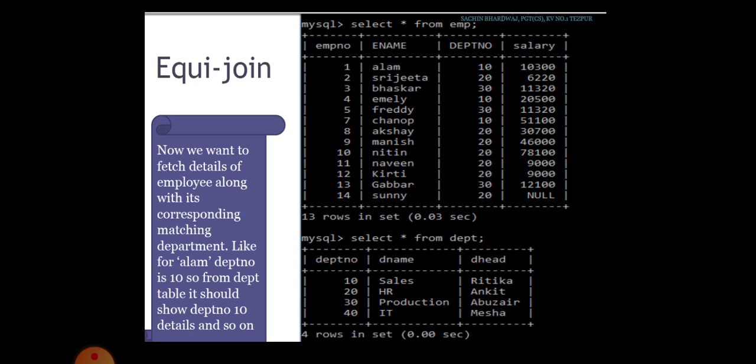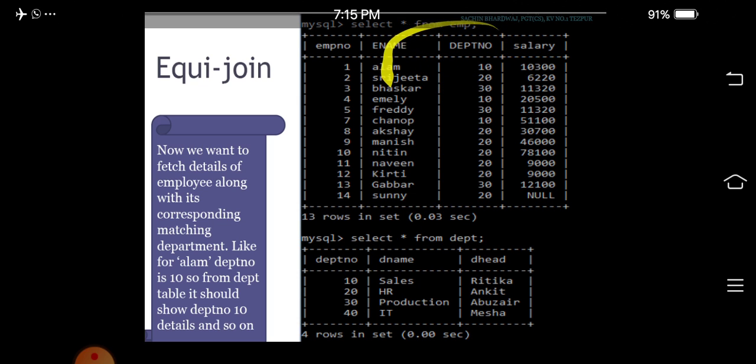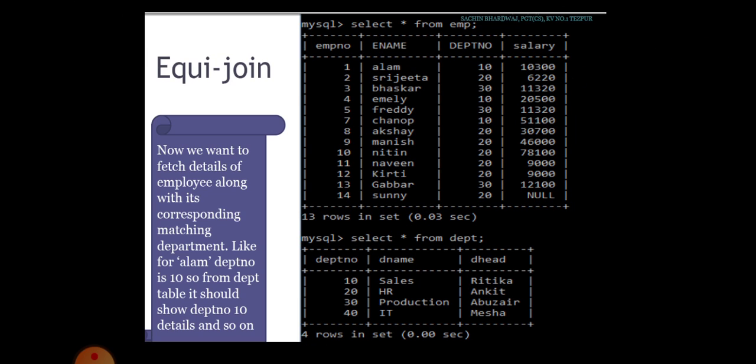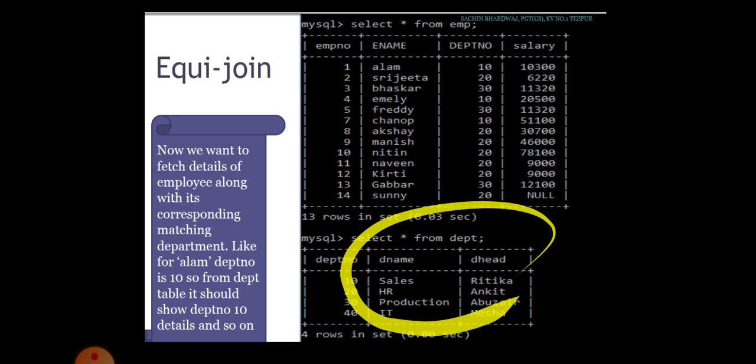Now, we want to fetch details of employee along with its corresponding matching department. While selecting the employee details only from the employee table, we will get only the department number. But we want to fetch the details of employee along with its corresponding department details.